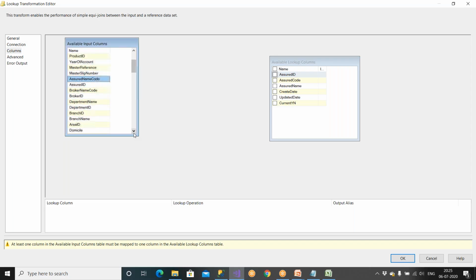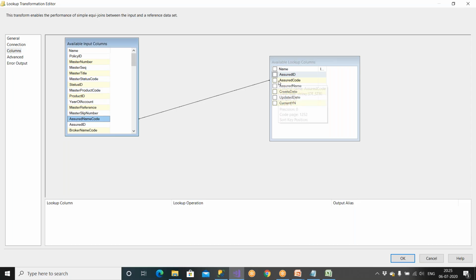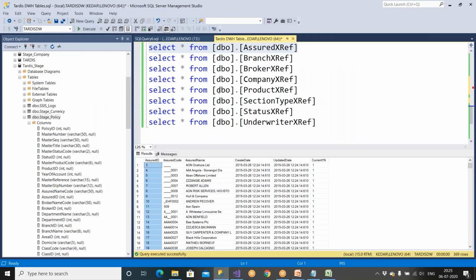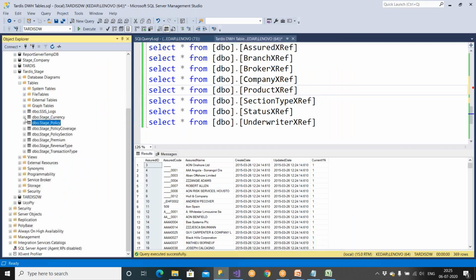There is no assured code here. There is assured name code. Okay. The column names may not be clear. You may have assured name code. This assured name code and assured code we can have. Since I am a senior, I know; if you don't know, the column names sometimes may not be clear enough to understand. You can see the data, assured name code, what kind of data you have in the staging. So let me go to